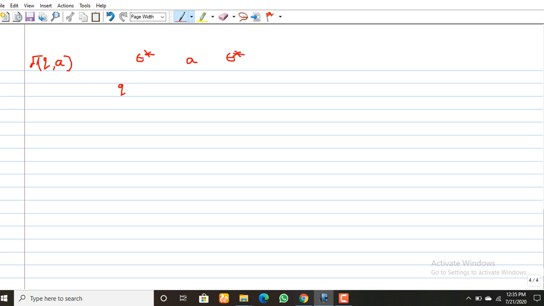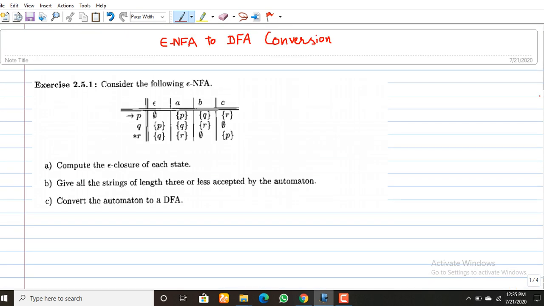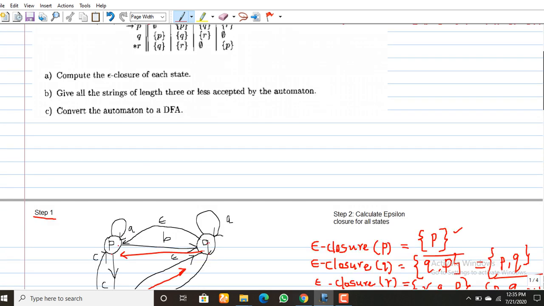What is the epsilon closure of Q? It is P and Q, right? So on receiving A, P goes to P only. On receiving A, Q goes to Q only.